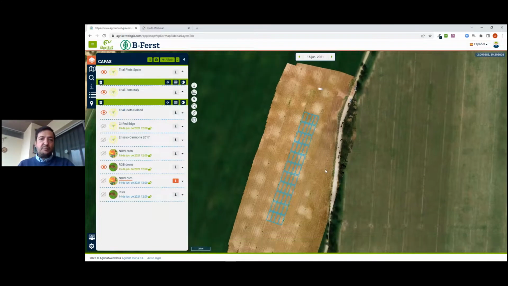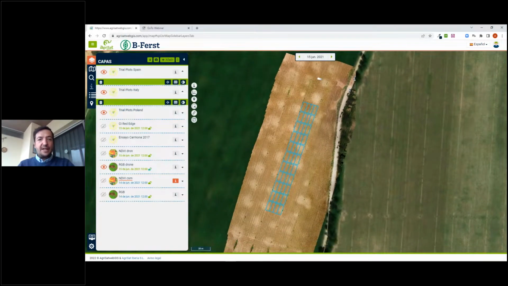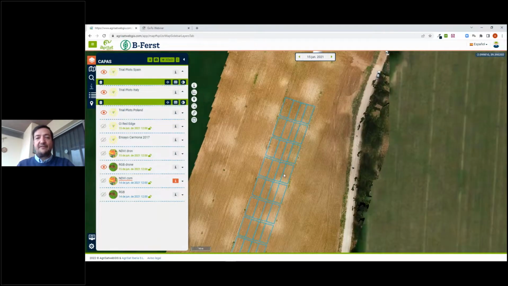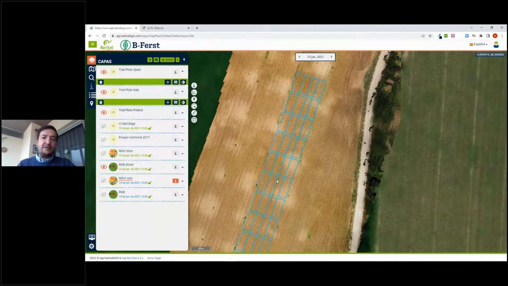Going back to Spain, we derive directly from remote sensing, using in this case multispectral cameras, just in drones. We can derive different products as the RGB, natural color, just like a photo,